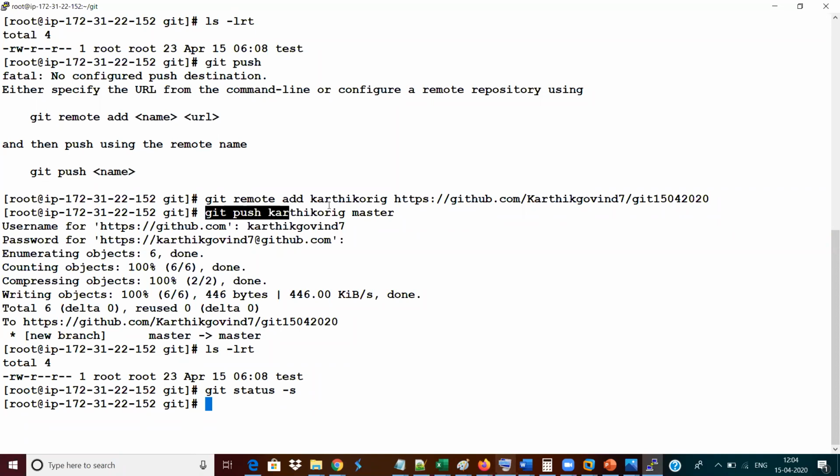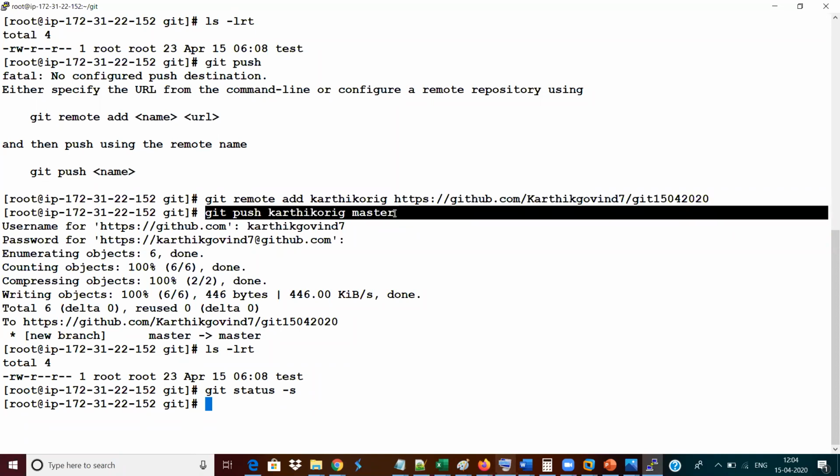So git push with that particular variable name, and from which branch we are going to push it. Always the branch name needs to be included. So I'm going to include this particular branch name, master. I will tell about the branch in the upcoming session, but the branch name needs to be included. Once I have pushed it, it will ask for the user ID and password. Why? Because even though you kept it public, you cannot write anything into your Git repository. For that, you should be the owner of the GitHub account. That's the reason it is asking for the GitHub user ID and password. Then I have given my user ID and password and logged into my account. So this way I have understood how my Git performs local operations and remote operations.